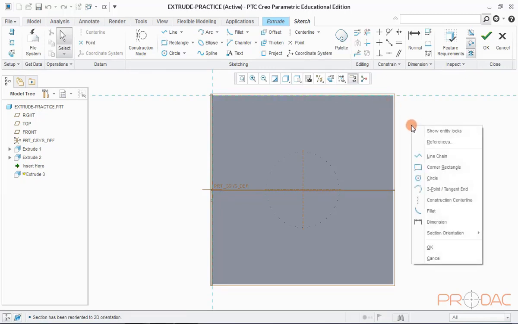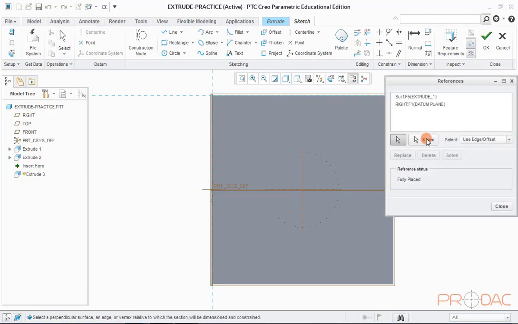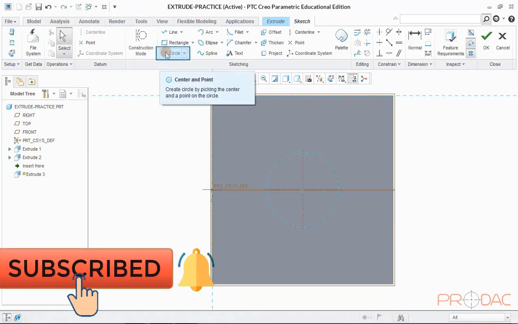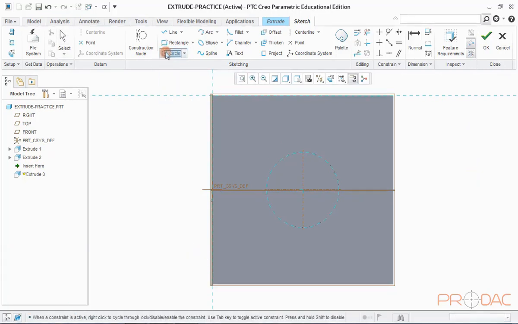Right-click anywhere on the graphical area and select the reference option. Now, define the sketch references and close the dialog box. Now, draw a circle of diameter 10 mm at the center. Click on OK button.